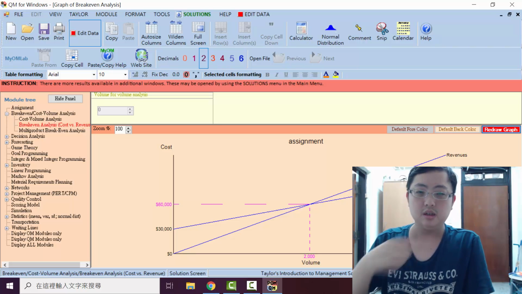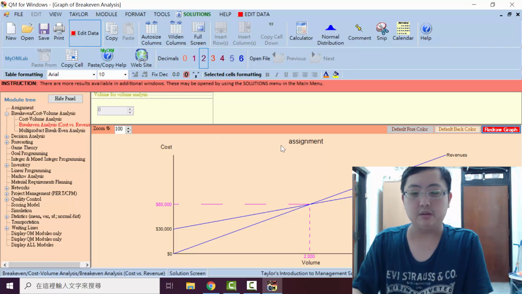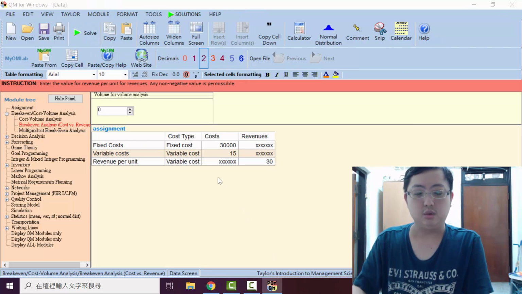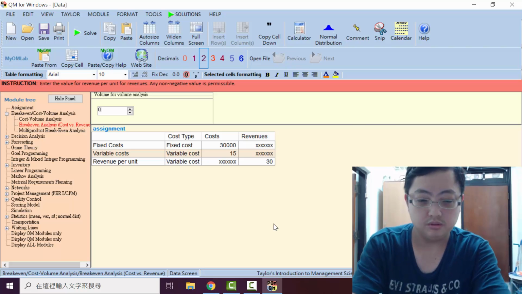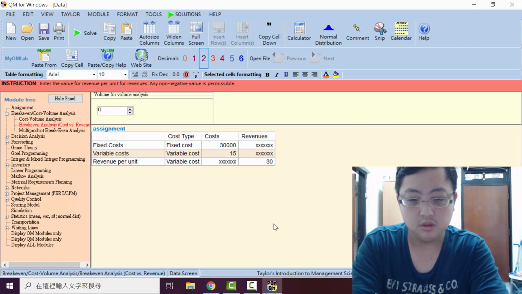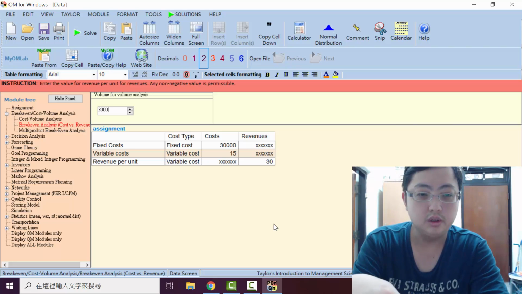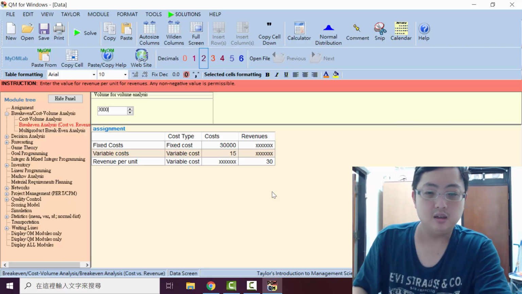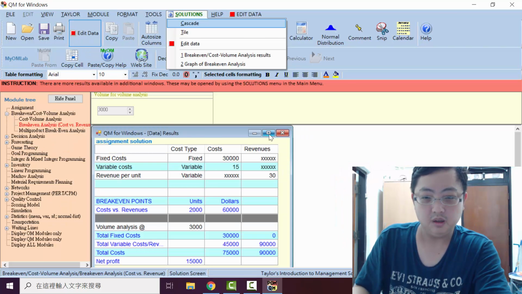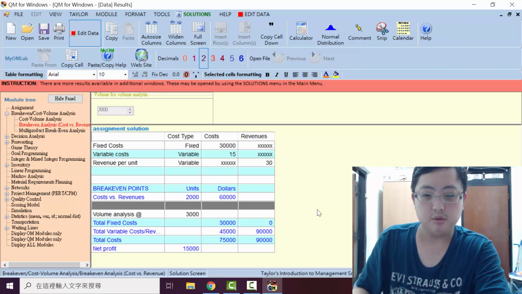Oh, the last point, if we want to go back to the input table, we just click here, edit data, and if we want to make further analysis, assume the manager wants to produce, for example, 3,000 units or quantity of product. What is the result? As we click solve, we can see now